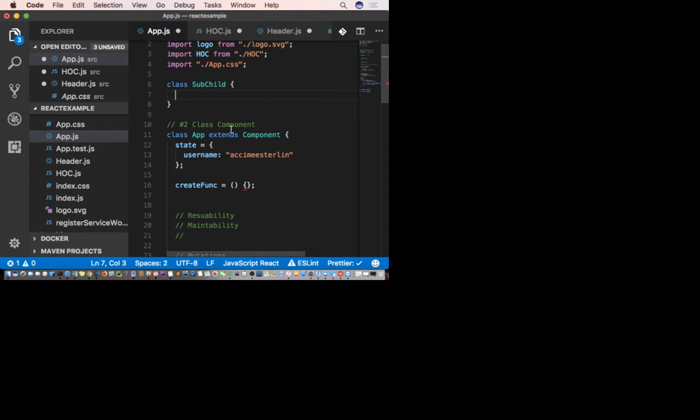It's actually a really good question, because I haven't seen it in the industry. I believe it's possible, because once you extend it, you will technically get the function within the sub-child to the app. The only thing is you're just going to end up with a lot of extends, which is fine. This is textbook C++ or Java class inheritance, which is also fine.